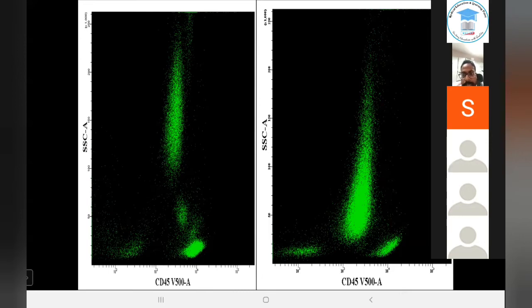High side scatter with these cells. So do you think that they can be the neutrophils? No, they aren't. They are not the neutrophils. Why would you say they're not neutrophils? Because the population centroid is